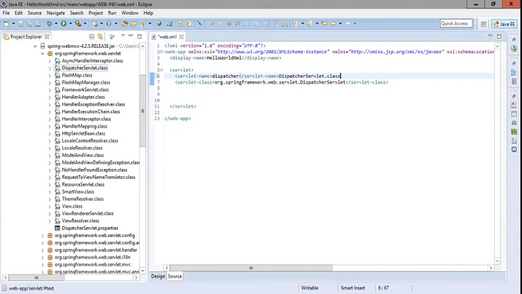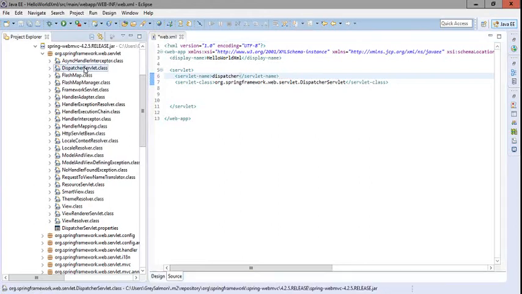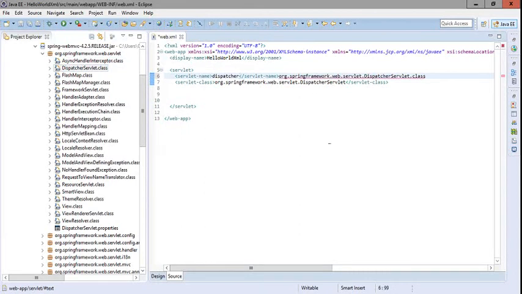If you paste it here, the name of the dispatcher servlet gets printed, or you can copy the whole qualified name starting from the package. So remove class from here, and I can copy this name and paste it here, so I can get rid of any typos. So here is the servlet class.